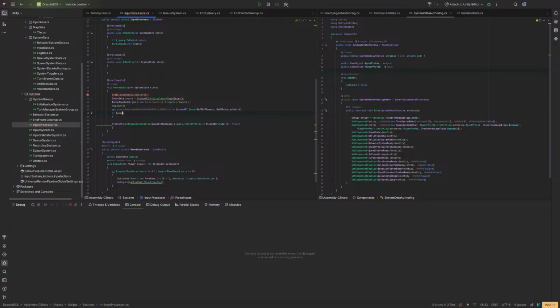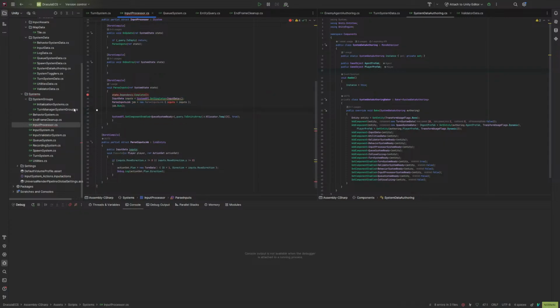Okay. Fuck it. We'll just run this in the job. I don't know why I'm overcomplicating this. Delete this. Delete that. Delete that. We already have these two here. And then we'll just put if